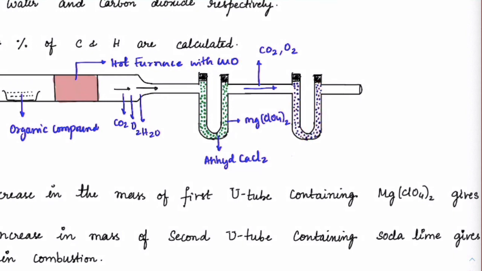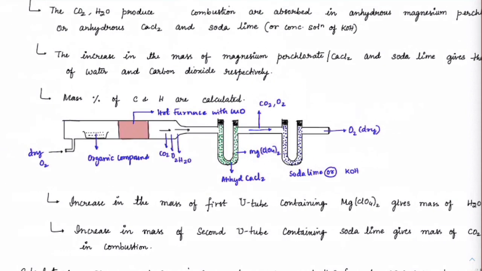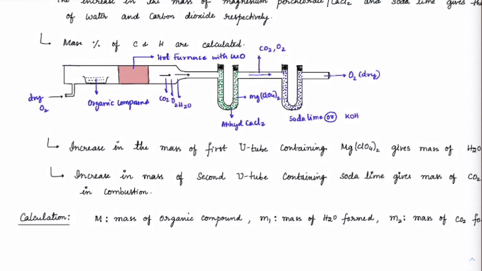We will let those gases pass through this U-shaped column. Now here we are using soda lime, either soda lime or KOH. Soda lime itself is NaOH, right? So you can take either KOH or NaOH, because both of them will react with carbon dioxide, and then the leftover gas which will come out is dry O2 gas. Got it? So this is exactly what is happening throughout the experiment.